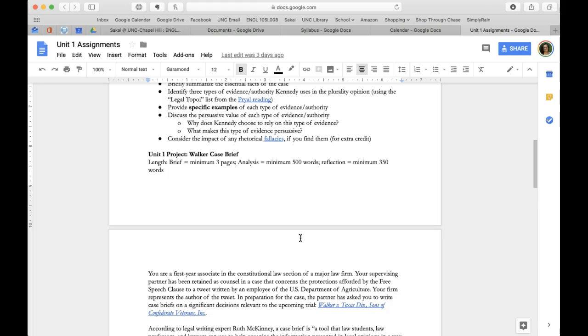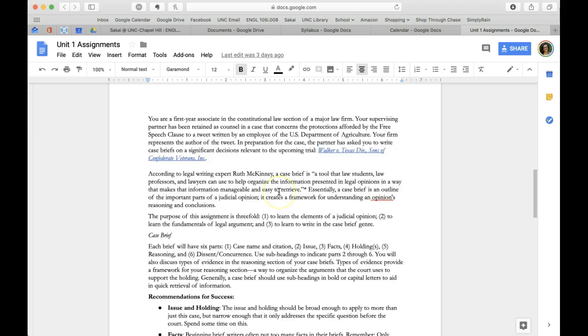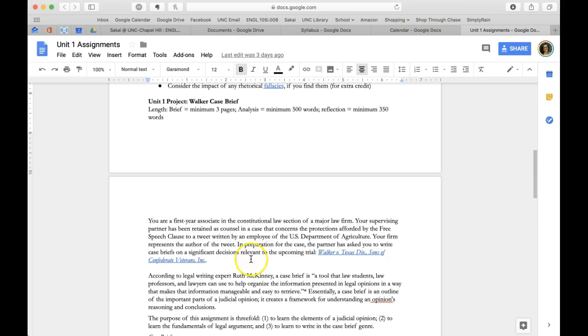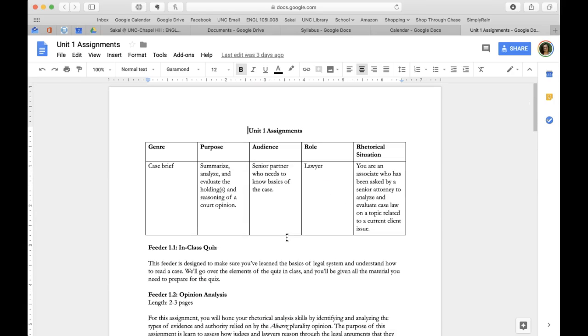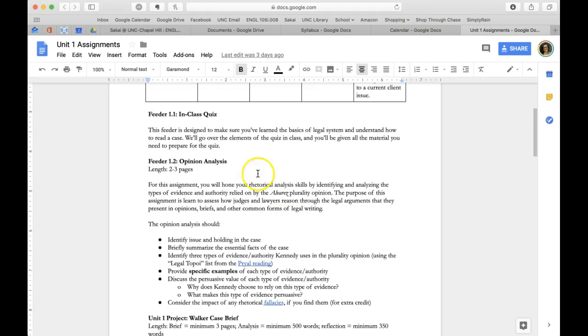But you'll be using the summary that you create to then do a little bit of analysis about how you might use that case and apply it to this sort of hypothetical legal problem that your law firm, that you're hypothetically working for, is faced with. So before we get to that, you're going to have 2 assignments. The second of those assignments will be working with another Supreme Court opinion, analyzing its tone. We'll go through all of this in depth.